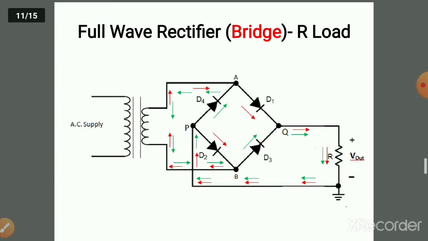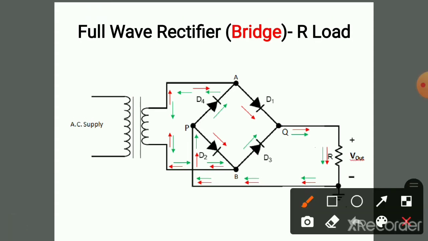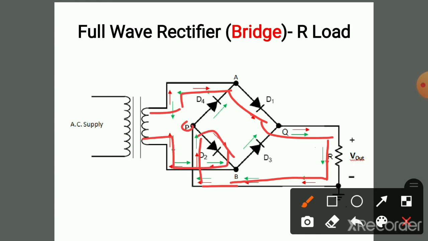So look at this, the red arrows indicated here. In the positive half cycle, the current starts flowing from here, then to diode D1, then to the load. Okay, then it comes like this, flows like this at point P, then it goes to diode D2, then back to supply. So your circuit is closed. The current always flows in a closed network. Okay, so that is during the positive half cycle of its operation.